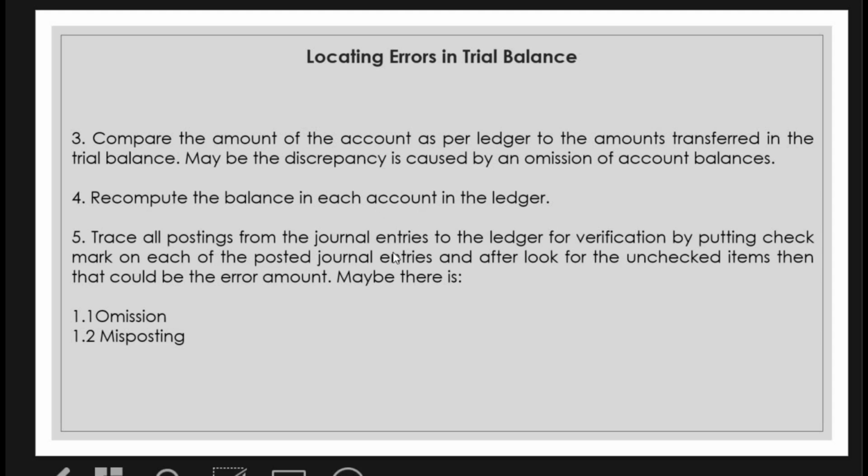So, you look at the journal entries. Then, you check the posting, no, kung it was posted ba correctly to your ledger for verification. So, you put check mark, meaning you have to tick, no, mag-tick mark ka, on each of the posted journal entries, para alam mo na ito posted na. And then, after posting or after checking, after ticking all of those journal entries na na-post na, you